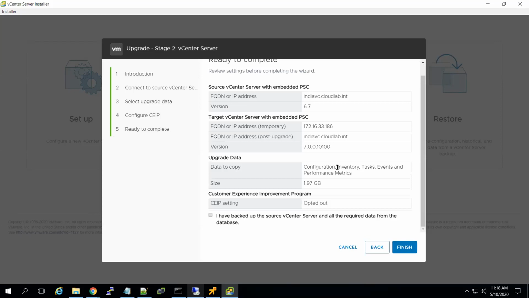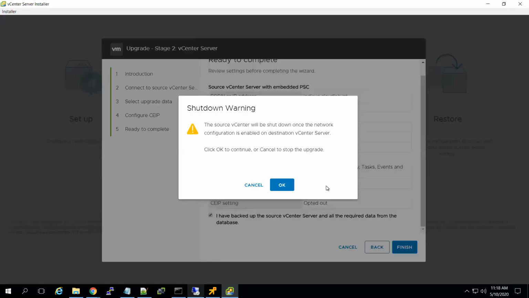This is the summary. Now just acknowledge that I have backed up the source vCenter and all the required data. It is recommended by VMware that you take a backup of the source vCenter before the migration. So I'm going to finish this and it will start migrating from the source vCenter, that is 6.7, to the new vCenter